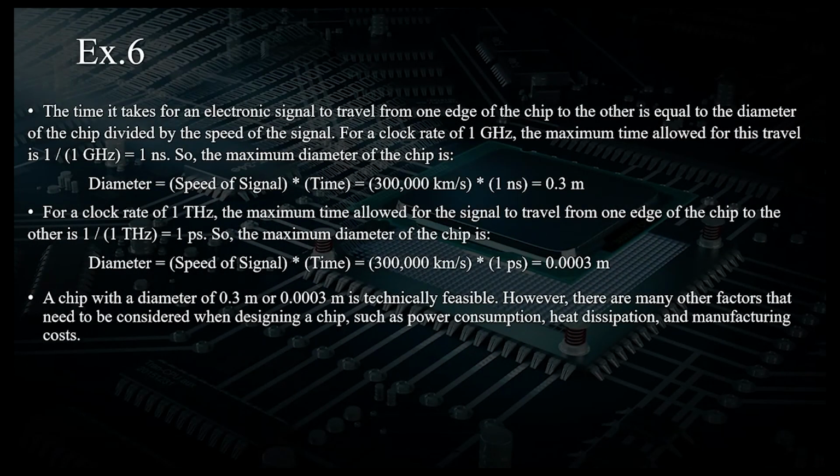And then we'll move to the solution of exercise 6. In this problem, the time it takes for an electric signal to travel from one edge of the chip to the other is equal to the diameter of the chip divided by the speed of the signal. You can see the equation on the screen, and the diameter within 1 nanosecond is